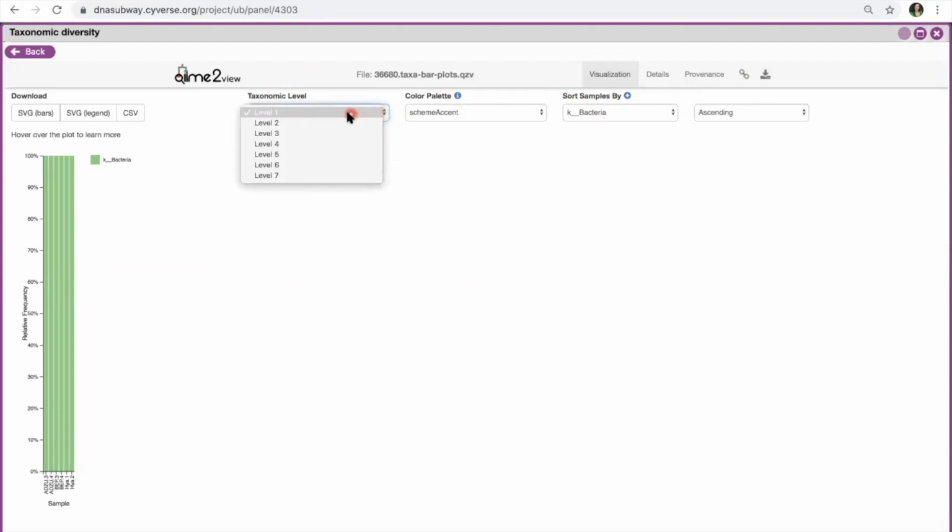So in the previous step, we classified all of our sequences using that Green Genes reference database. And so level 1 is the domain. Here it has a K for kingdom, but it's also the domain. So basically bacteria, archaea, eukarya, those are the 3 domains of life. And that is what level 1 is classifying at. So what you see here on this chart is that all of our samples had bacteria as the only domain